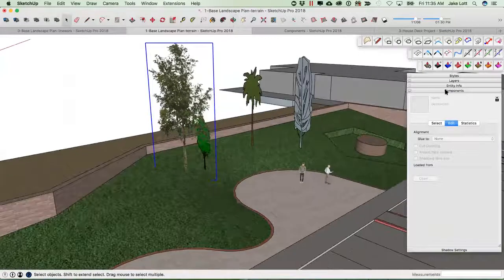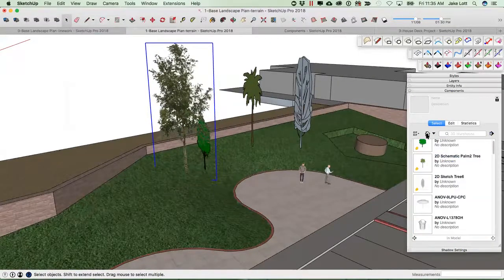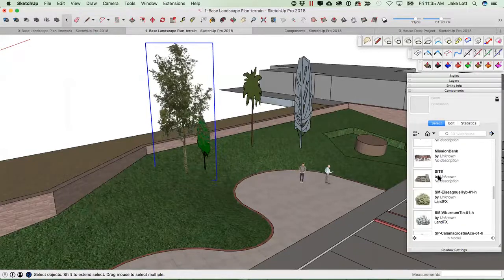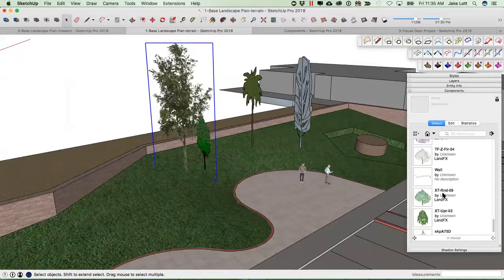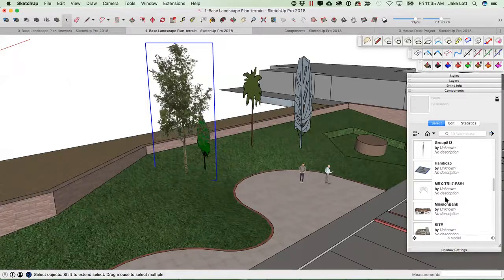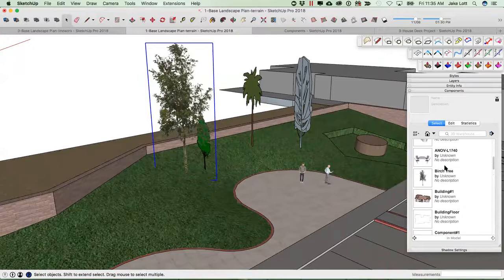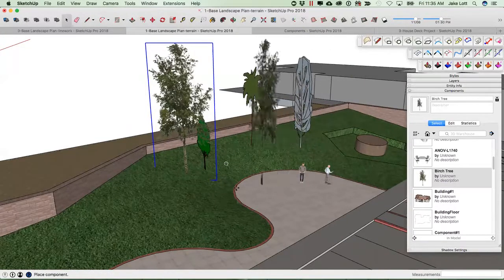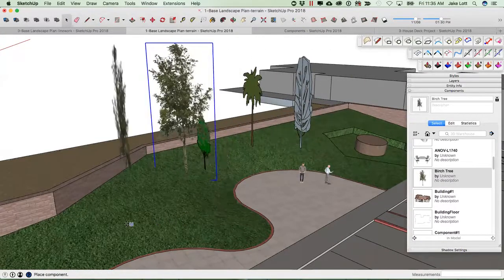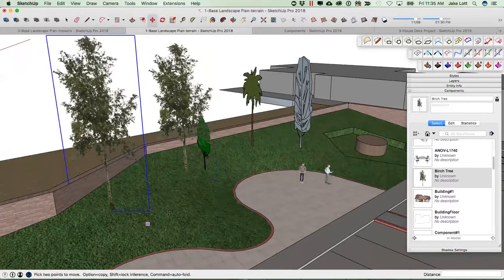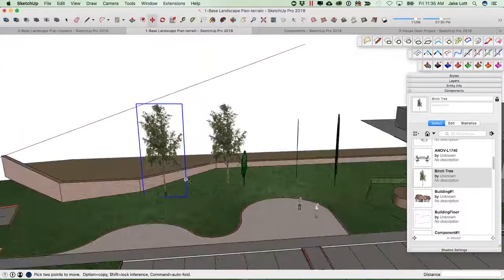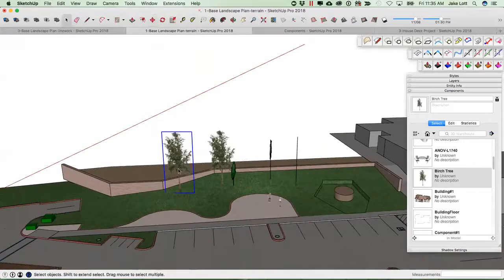So now if I were to go into my components, go into the model, we can see that the birch tree, there he is. And I place him, he's coming in at that insertion point, and I can plop him in there. So really quickly I can use that component in other places,